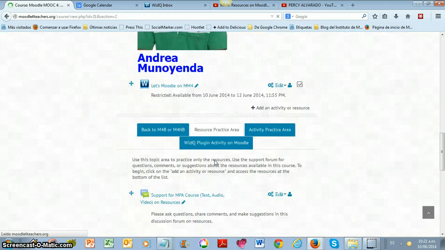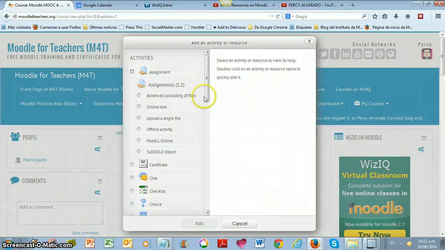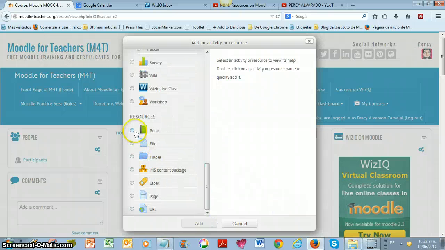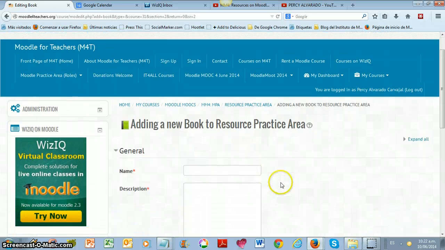What happened is that I created the label. Then I'm going to add another resource. In this case, I'm going to add the book resource. The book module enables a teacher to create a multi-page resource in a book-like format with chapters and subchapters. I press that button and I'm going to create a book name